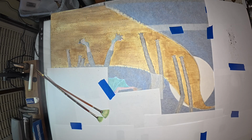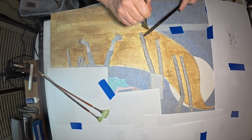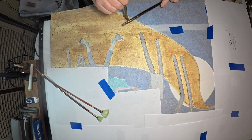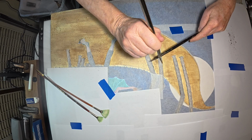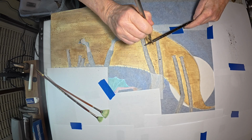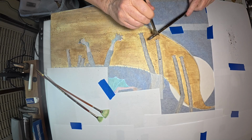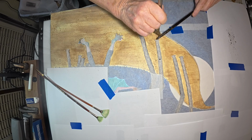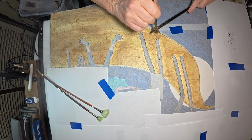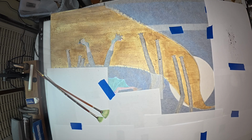Now, the other thing I could do here, and I may do, is leave the masking on for my shadow work, because I need to shadow the ground surface. And so I don't want to fight with the legs. So if I did my shadows at this point, I could go around the legs with my shadow technique. So I may do that, I may not. It just depends on how I feel when I get done with this. And like I said, I'm going to probably use, this is